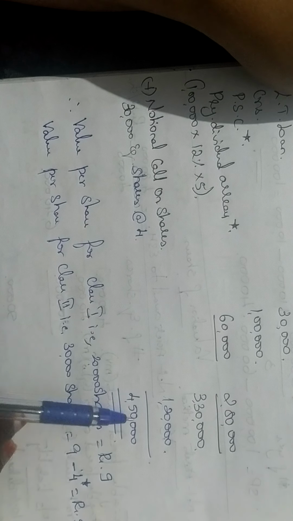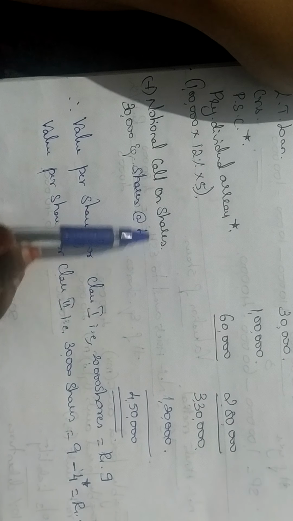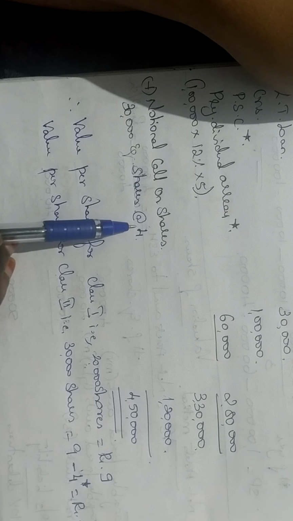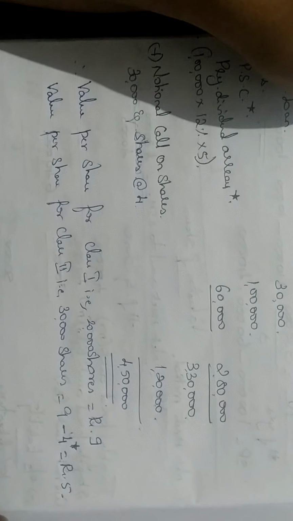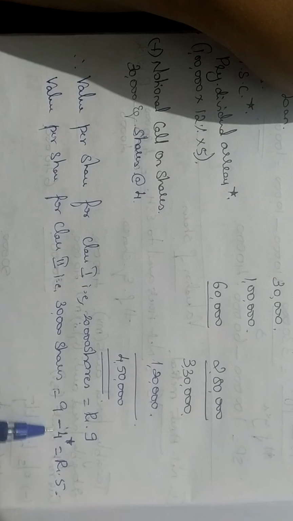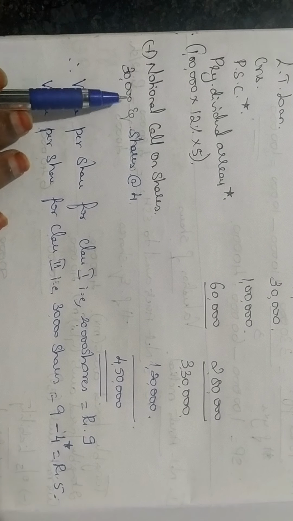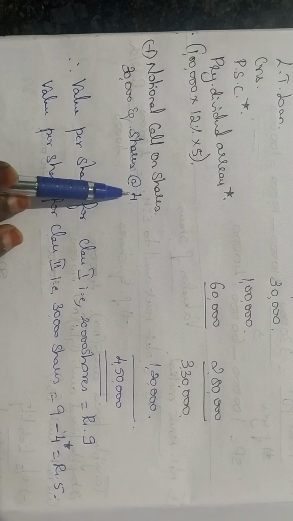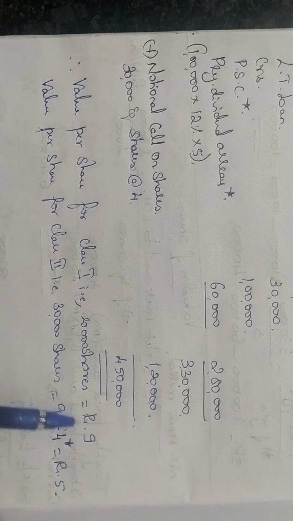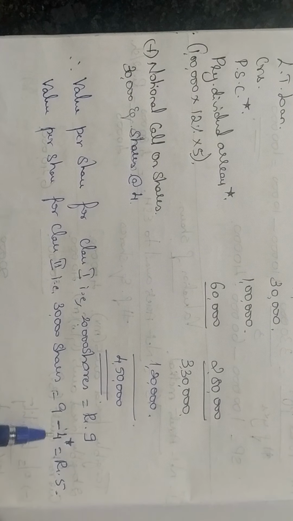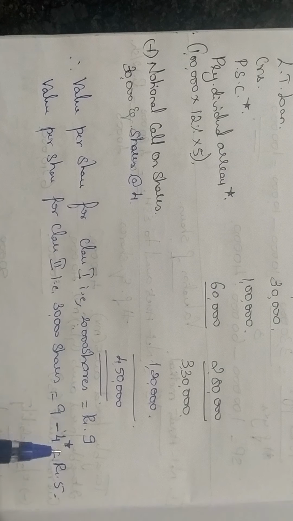Okay, only to find out the value of my share, I am just assuming that the balance is paid. But after finding your value, you have to minus that notional. Notional means imaginary. So just for my imaginary purpose, I have considered it to be fully paid. Once you find out the actual value, you have to deduct that imaginary amount, whatever you have written.